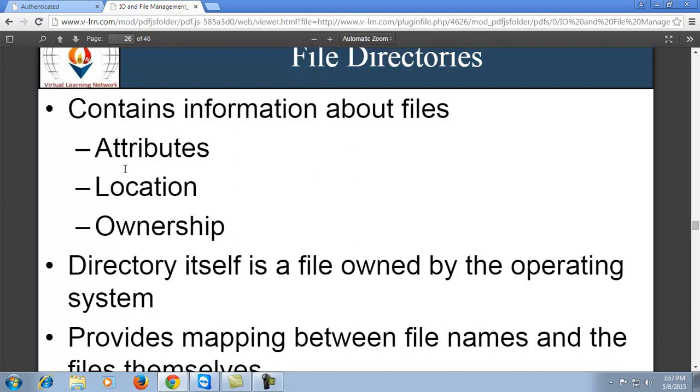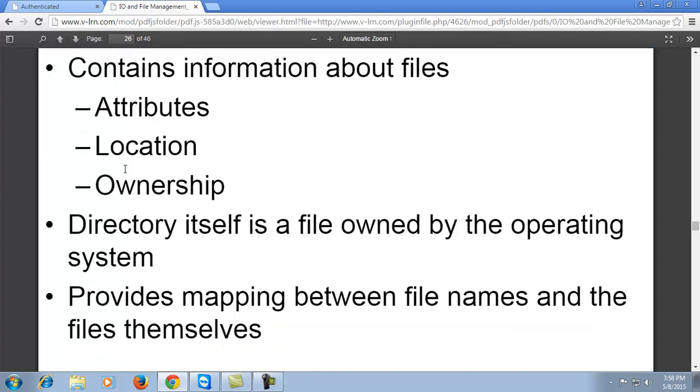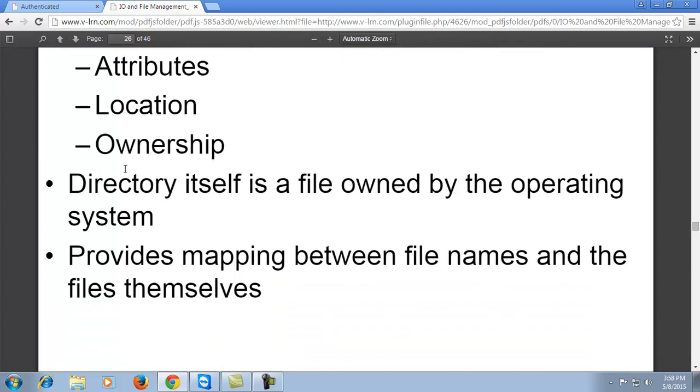So a directory itself is a file owned by the operating system for representing attributes and details about the files and about itself, and it provides mapping between file names and the files themselves. They have a kind of log which stores the information about the files and their referencing offsets.